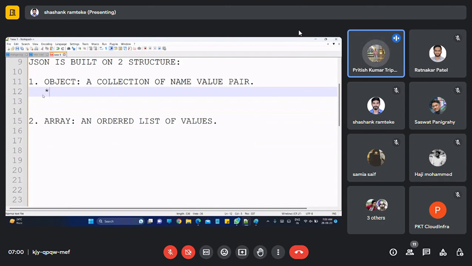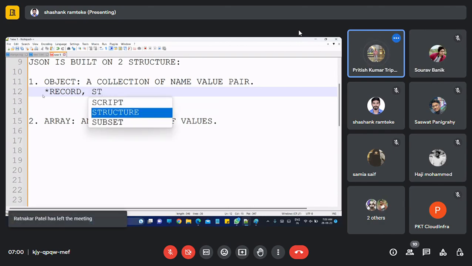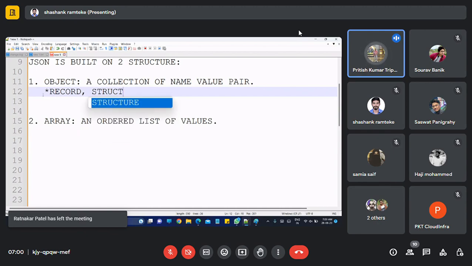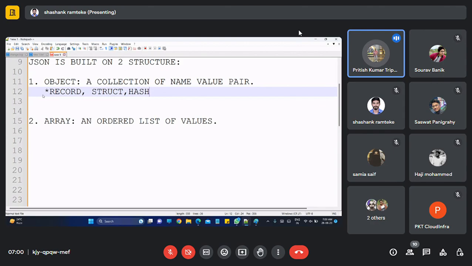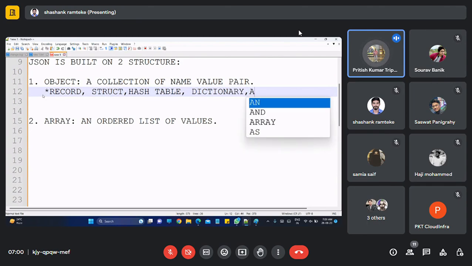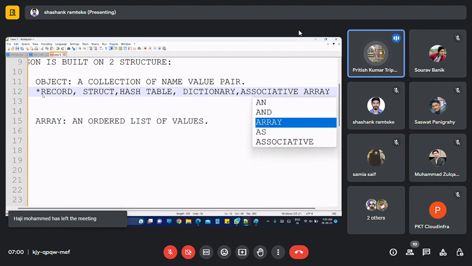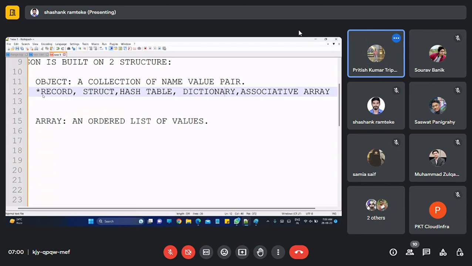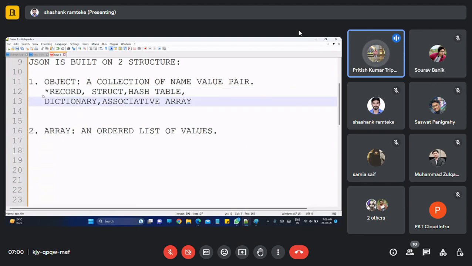Apart from object, we used to follow some records, some structs, some hash table, some directories or dictionary, and some associative array. Okay, we used to follow these things.